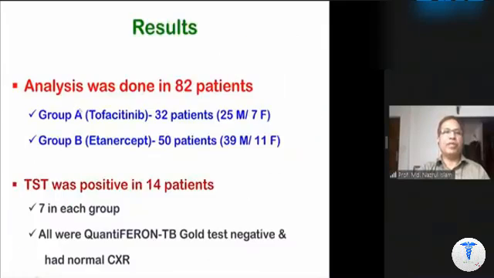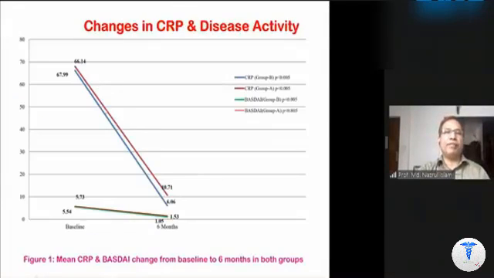So very interesting, there were many dropouts in that pilot one. In group A, there were 32 patients, and in group B, 50 patients, and that's the comparison done. TST was positive in 14 patients, 7 in each group, all were QuantiFERON TB Gold test negative and normal chest X-ray. If you look at the efficacy from that study, it is showing CRP and ESR, and